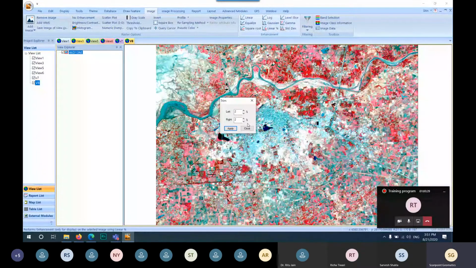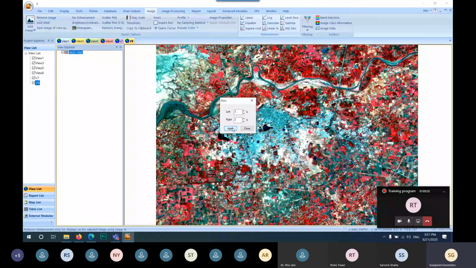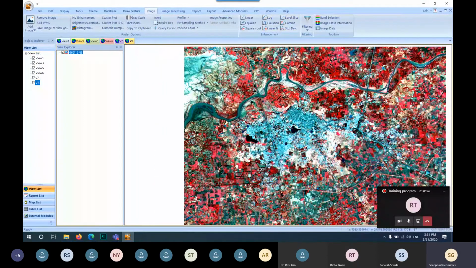Linear percentage wise: you can define the percentage, and based on this percentage value you can enhance your image. Some other enhancement techniques are standard deviation, gamma, Gaussian, logarithmic, and level slicing.